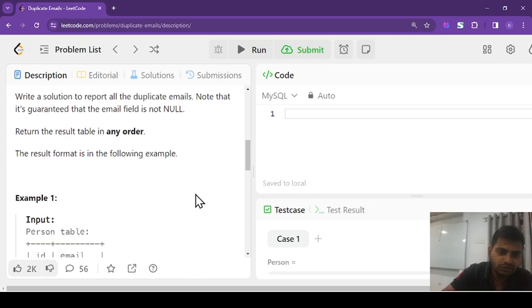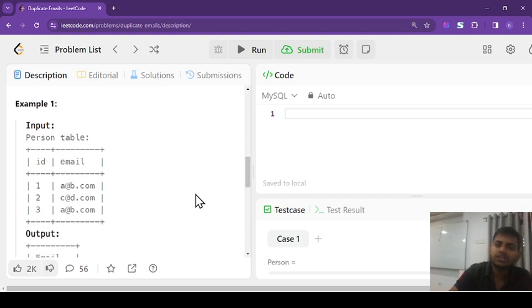An example is given to you. This kind of person table is given, where we have two columns, ID and email. ID 1 has email a@b.com, second ID has c@d.com, third ID has a@b.com. So here ID 1 and 3 have the same email.